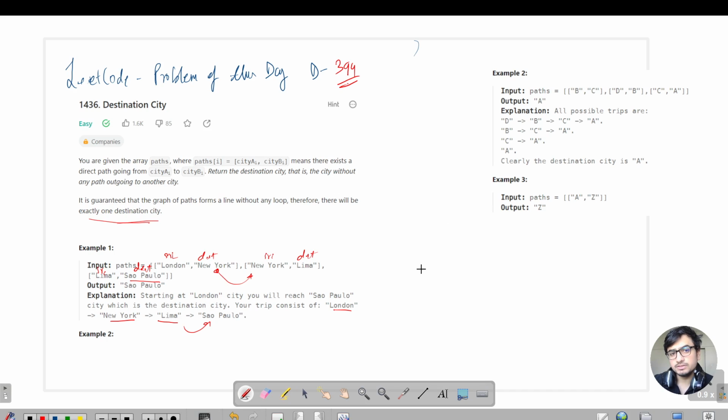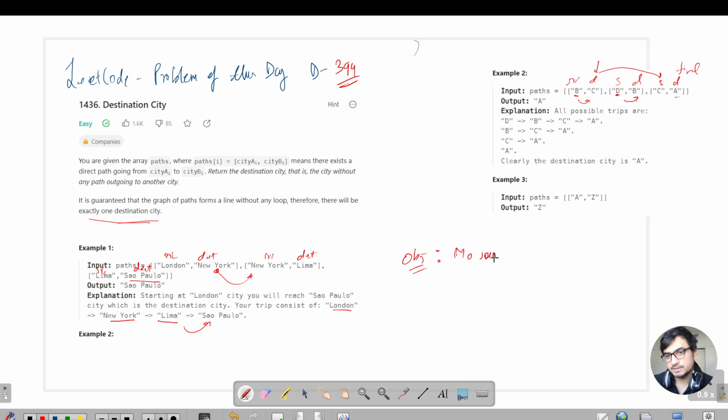When we did this dry run, you have to observe something, right? That is where the logic is residing. So again, this is your temporary source, this is your destination for this current path. Again source, destination, again source and destination. So you can clearly see if we start from D, then you'll go to B, then B, this temporary destination, will become your source for another path, and then we'll go from B to C, and then C, again this temporary destination, will become your another source, and then A would be your final destination, right? So the observation I wanted to show here is that at any point of time, no source will be your final destination.